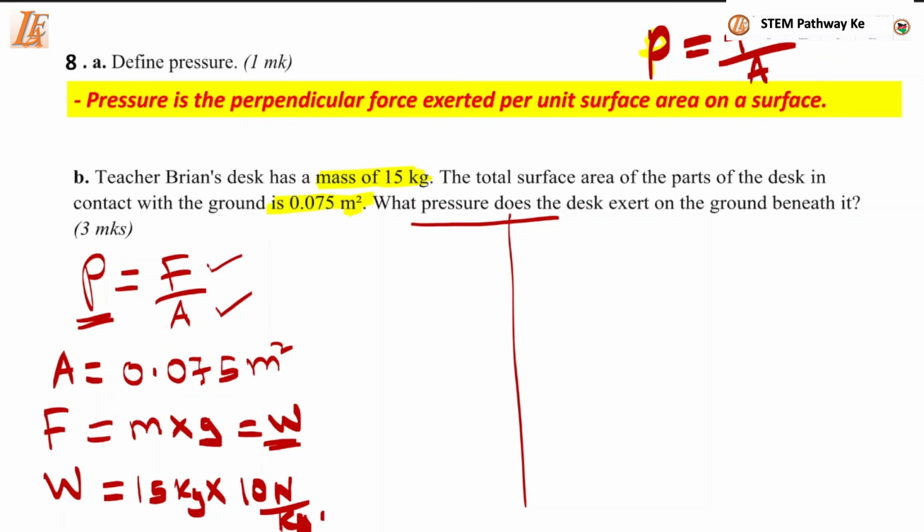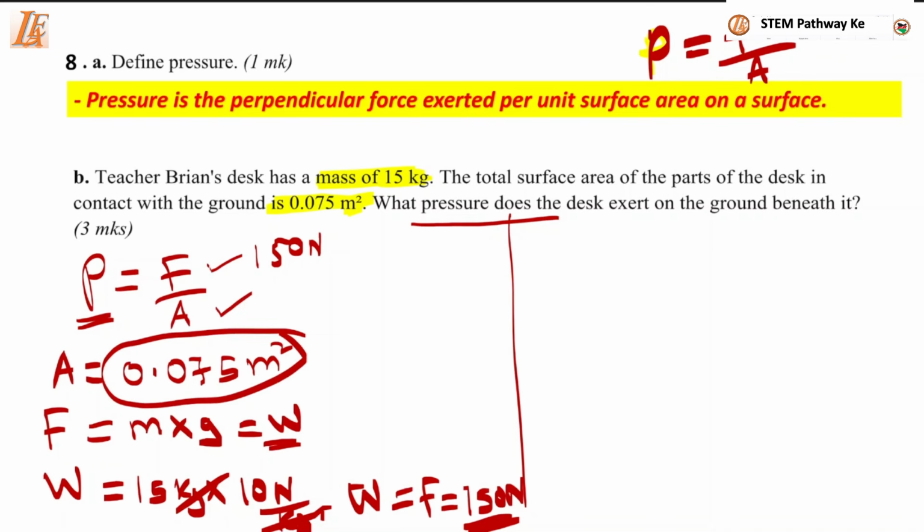So in this case, this kg and this kg will cancel. Then we will have our weight, which is the same as the force, as 15 times 10, which is going to be 150 Newton. So we have our force as 150 Newton, and then we have our area as this one here,